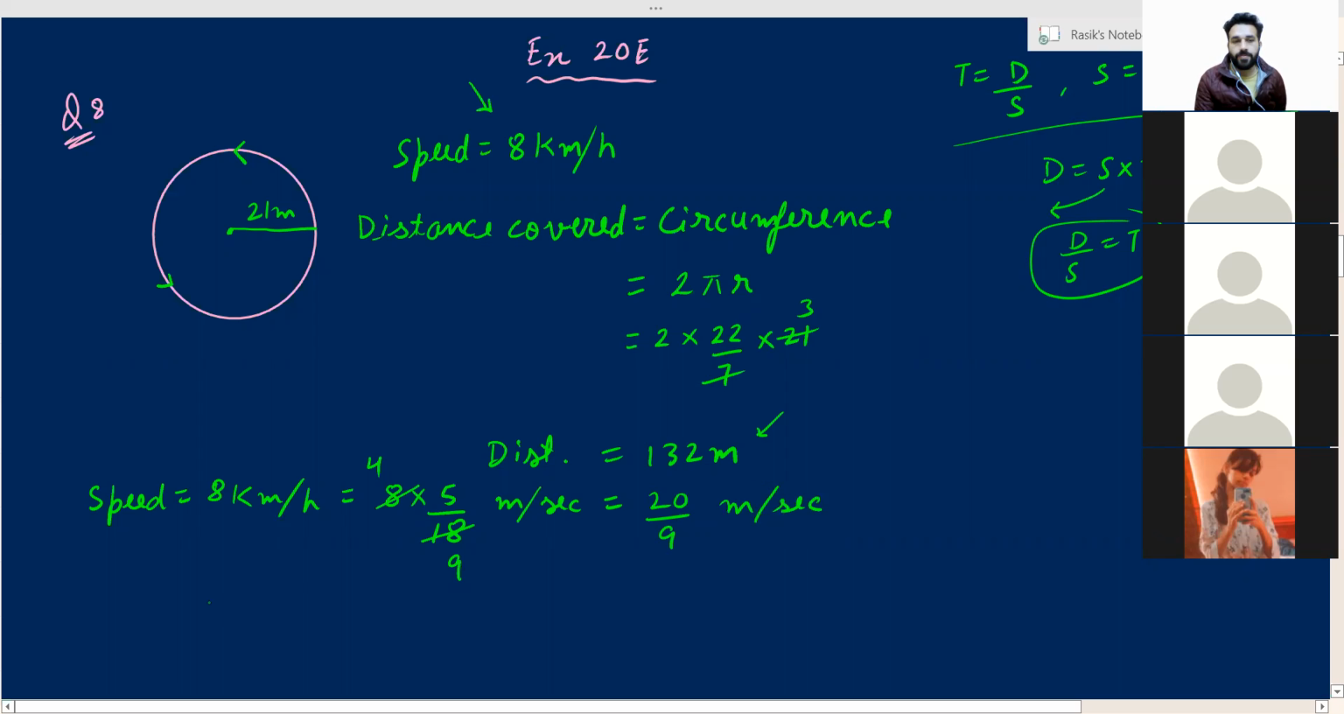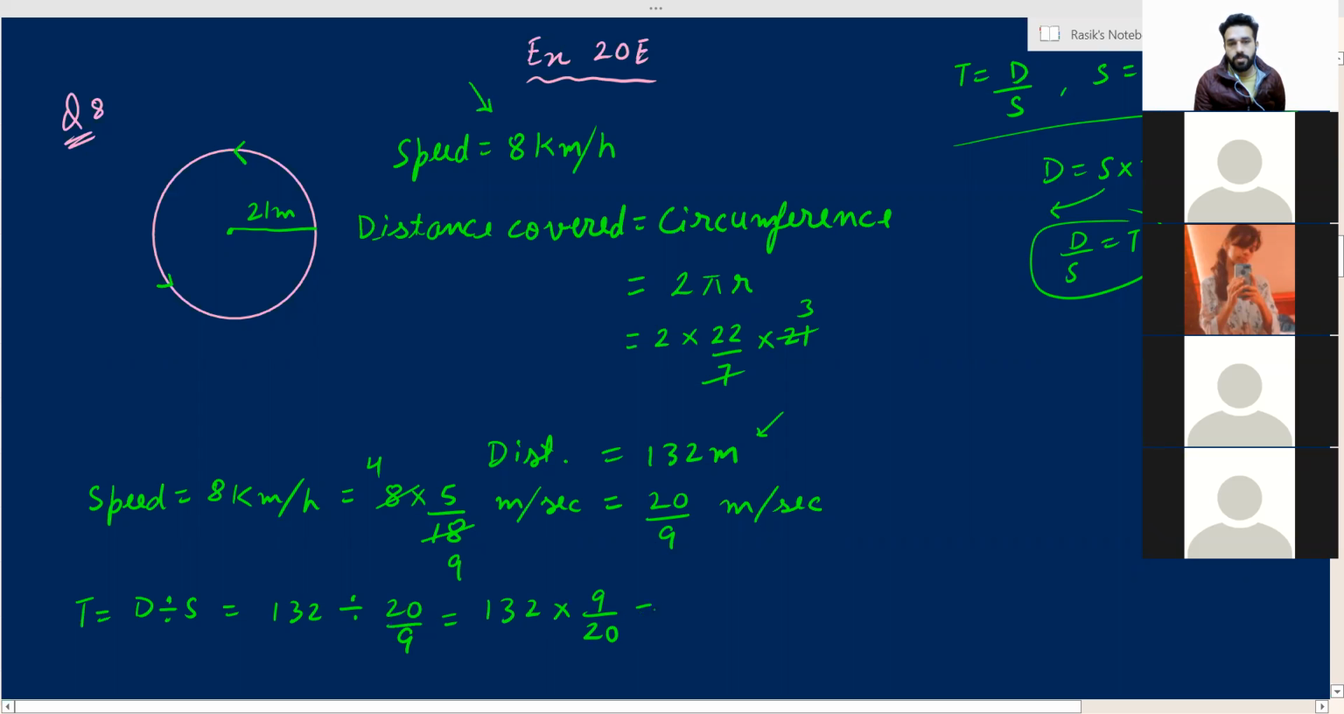This is the speed. Now let's find the time. Time is equal to distance divided by speed. Am I right? What is the distance? Distance is 132. 132 divided by speed, 20 upon 9. So this is 132 multiplied by 9 upon 20. On simplifying, you will get 66 into 9, 594 upon 10. That is equal to 59.4